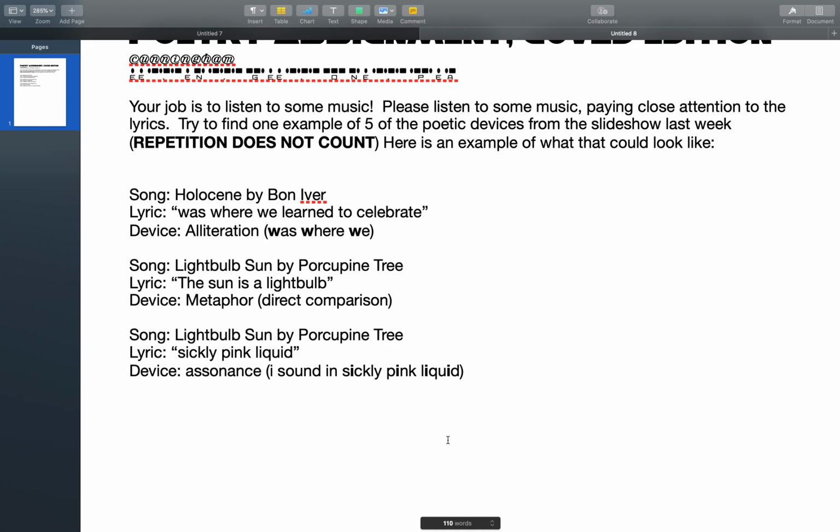You should find lots of similes. You should find lots of metaphors. You should find lots of alliteration. If you're a rap and hip hop kind of person, you should find lots of assonance, where the sounds are repeated, not necessarily rhyming, but making it sound good. The flow of the language is quite good in hip hop and rap.